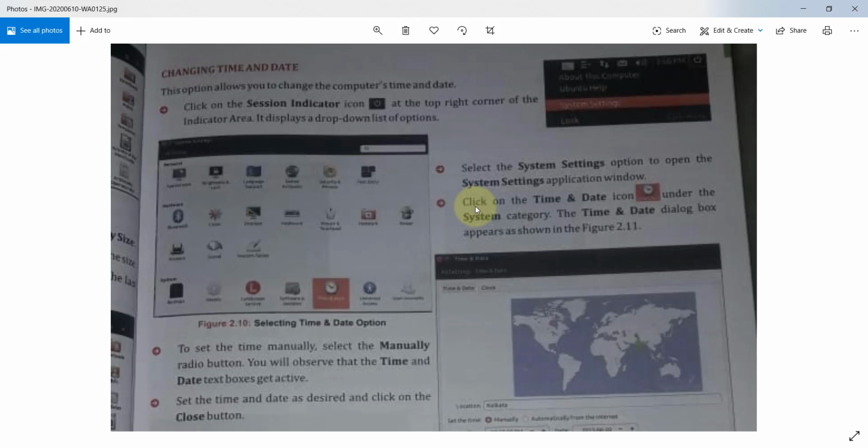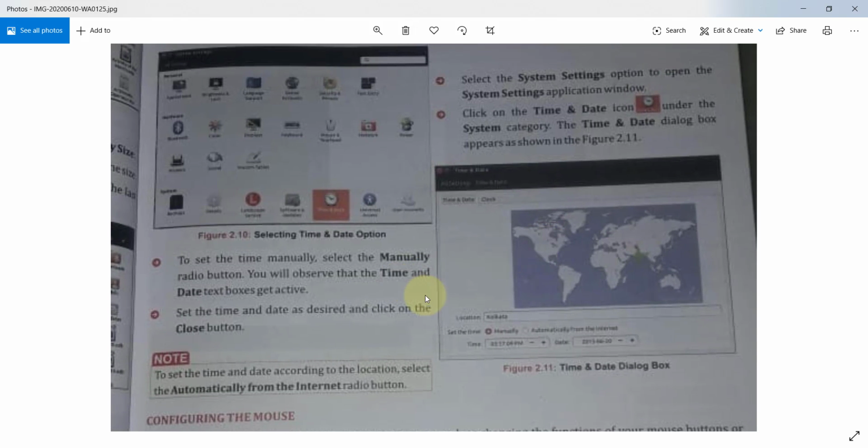Third step: click on the time date icon. And then the last step: in the text box, type the time and date. Set the time and date as desired and click on the close button.